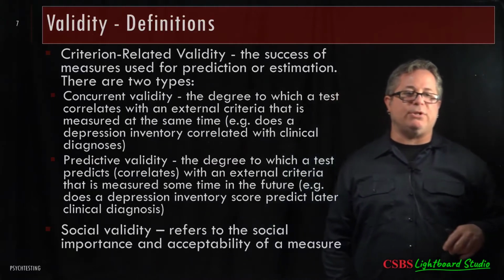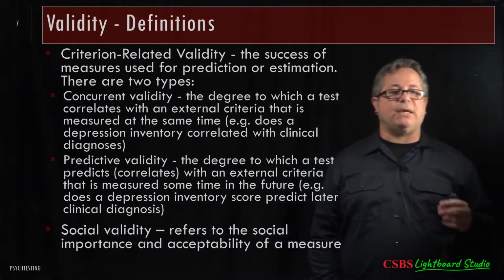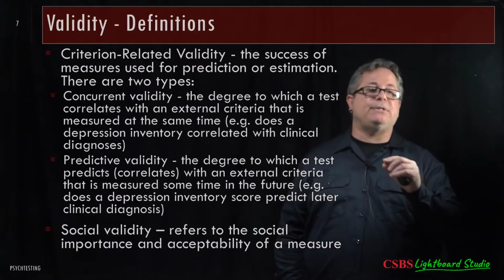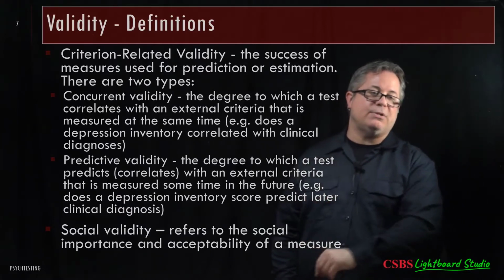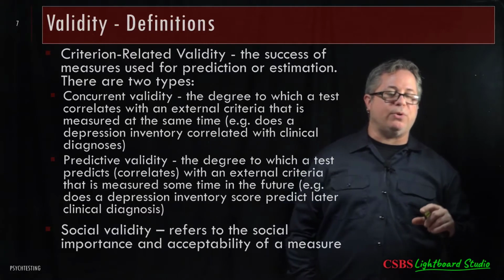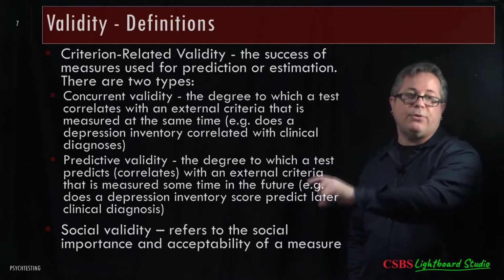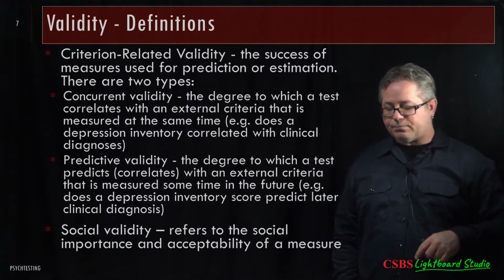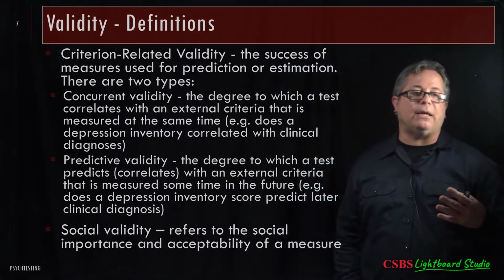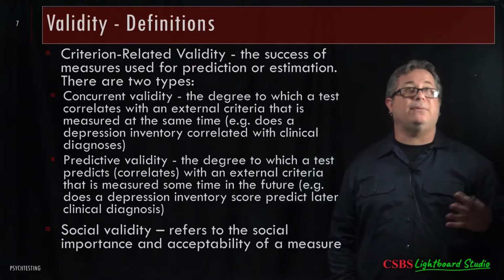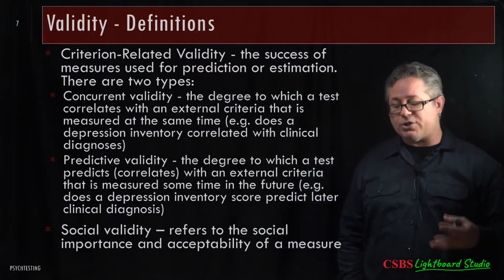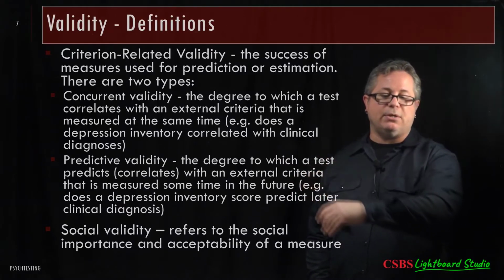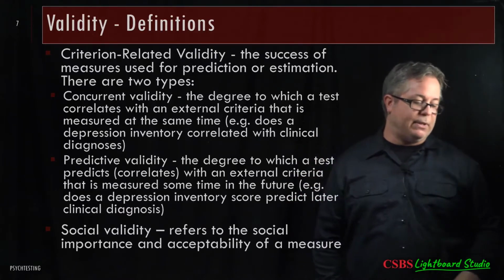So there are two types of criterion-related. So you got concurrent validity, the degree to which a test correlates with an external criteria that are measured at the same time. Now notice I'm saying external criteria. So this is not another measure of the same type. That's convergent. So if I have a depression inventory and I correlate that with another depression inventory, that's convergent validity. Concurrent validity is whether or not you can compare it to an external criteria, like does scores on a depression inventory predict someone's suicide ideation,